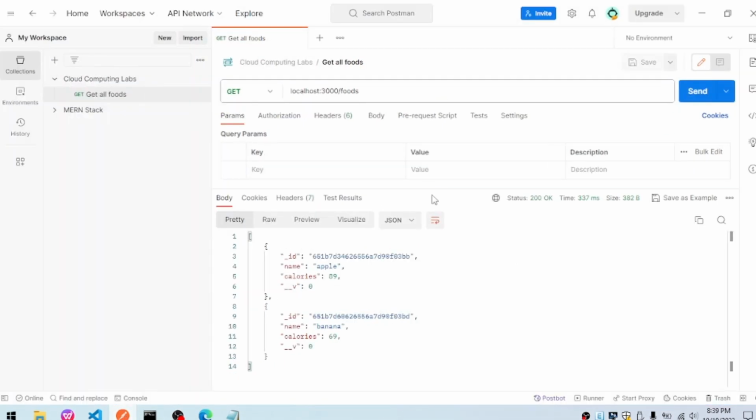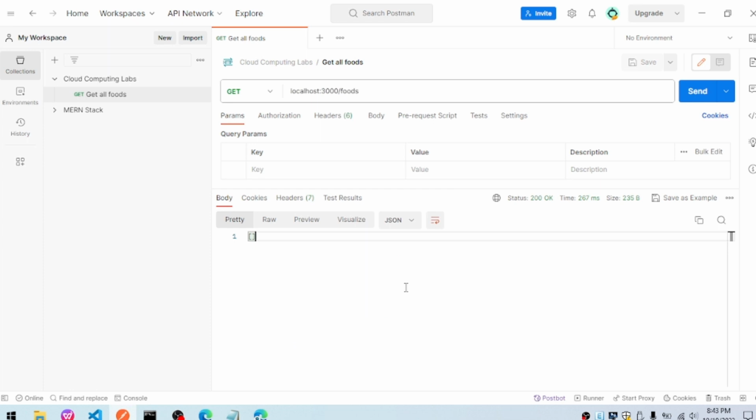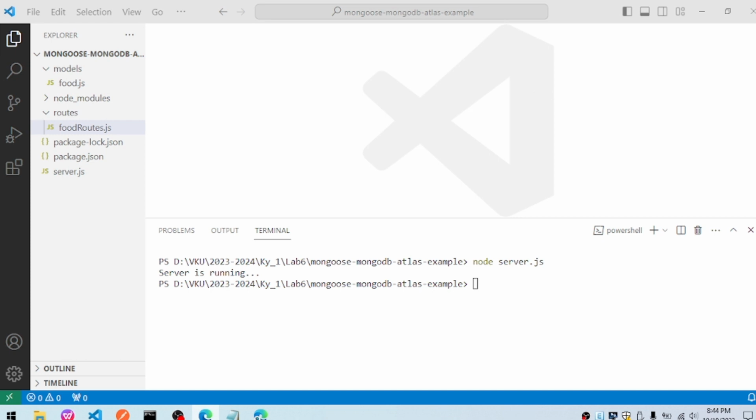In Postman, create a new read all food request. Ensure the request type is set to get. Set the request URL to localhost and the endpoint is food. Click send. The Postman result will display an empty array. Next, we will build